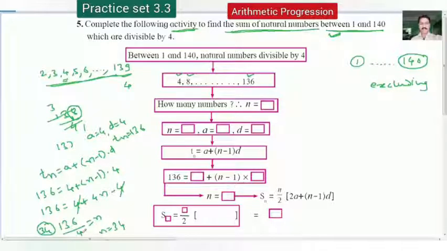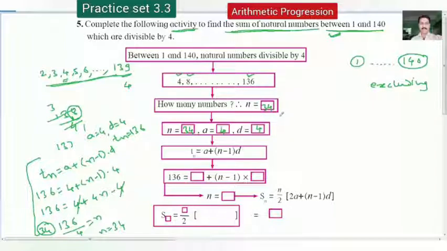Do you get that one? Again see here, 4 ones are 4, 3s are 12, 1 remains, 4 4s are 16. So here this n stands for 34. We cannot write it directly, so making this simplification is very very important. Okay, now here n is equal to 34. a is 4 here, d is again 4. So using these three, by using this formula, we can get n is equal to 34.